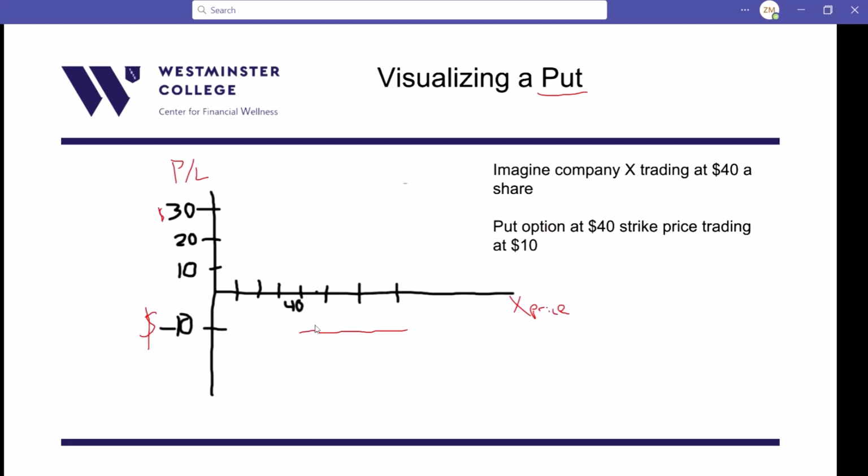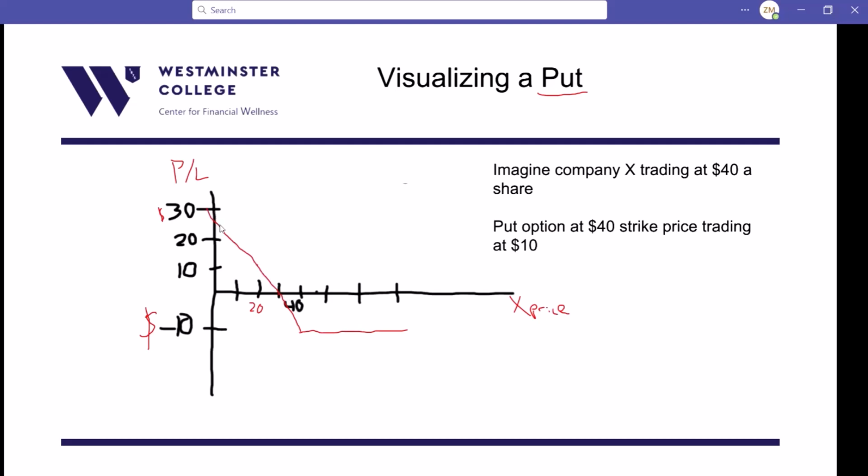Now if the stock performs as expected and it starts to lose value heading this way, what you know is that as it goes beneath that $40 strike price, you begin to break even. Once it's covered that $10 original investment, you have broken even. Okay, and then at every point beyond that, you are continuing to turn a profit,